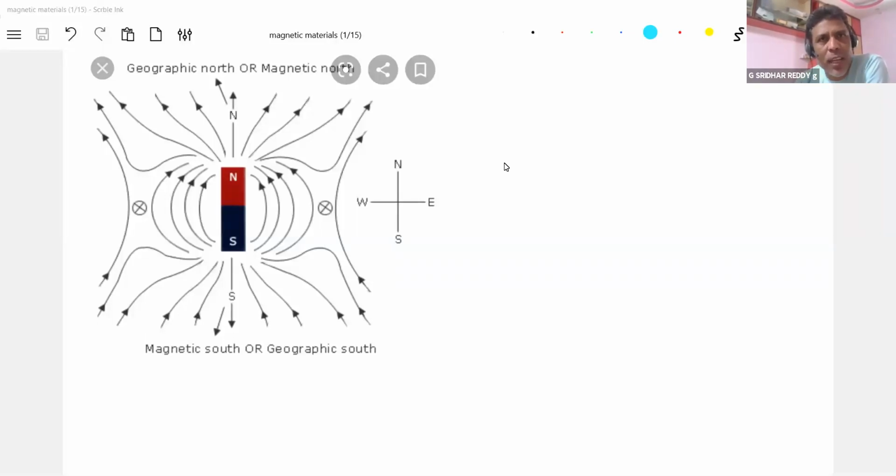After this, we have the optical instruments: telescope, microscope, compound microscope, all that. Then the defects of the human eye. So this week, this much of the syllabus is what is available for us. I'll start with the neutral points.